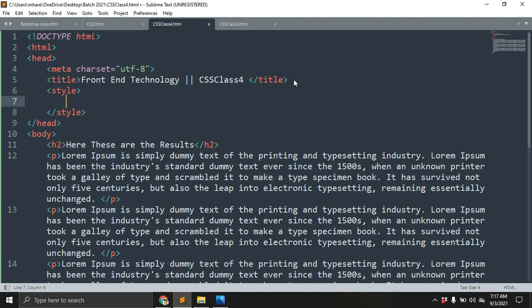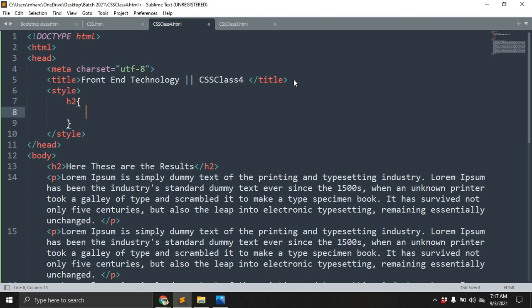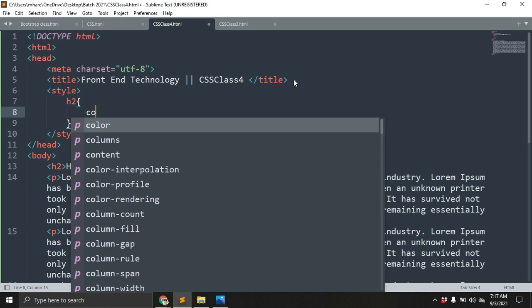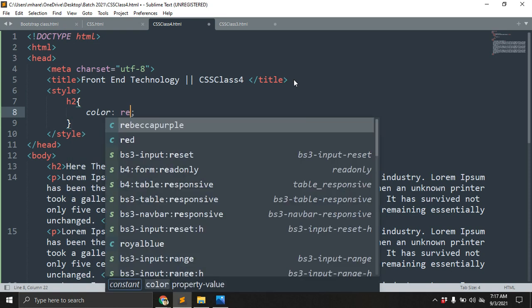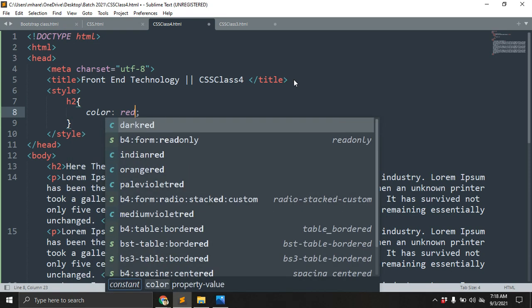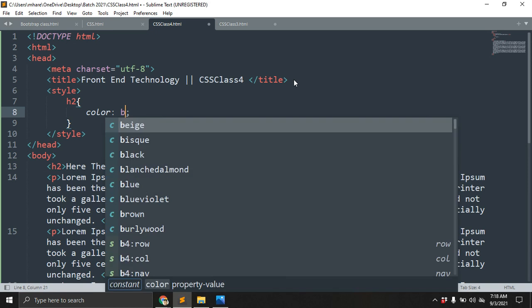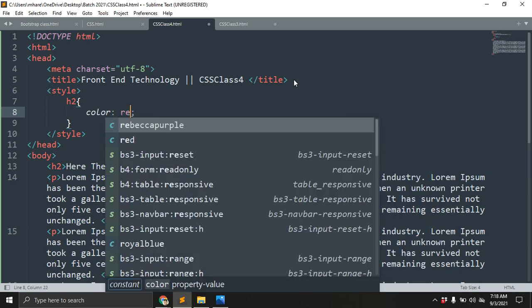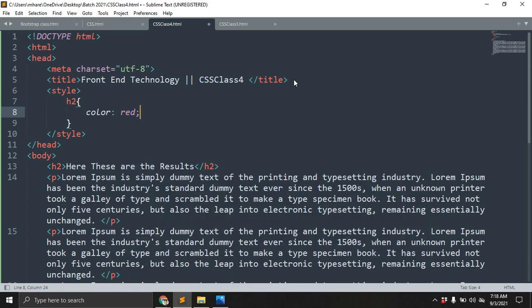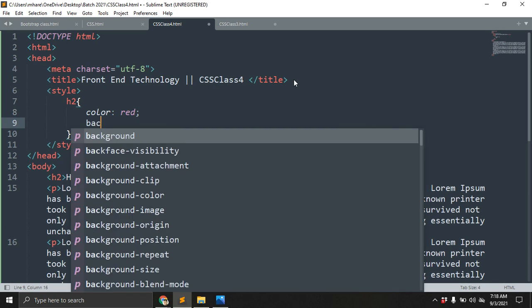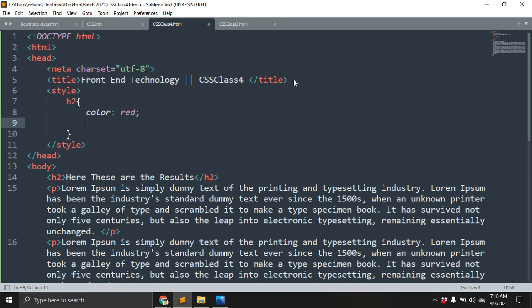Just for styling purposes, I'm giving the styles. I'm not giving the background color, I just want to give the color only.